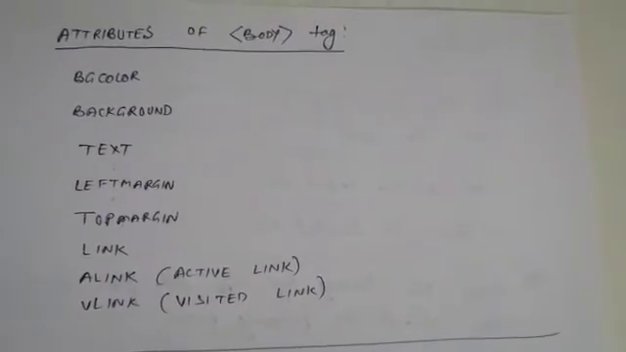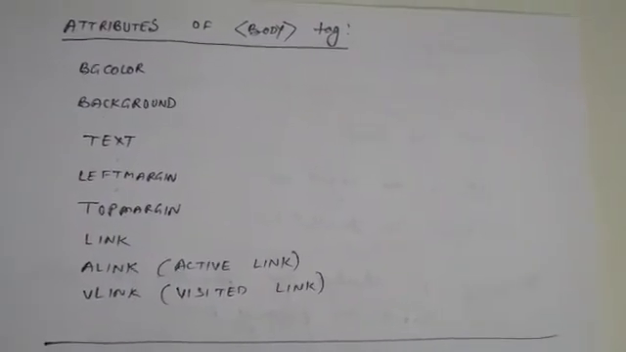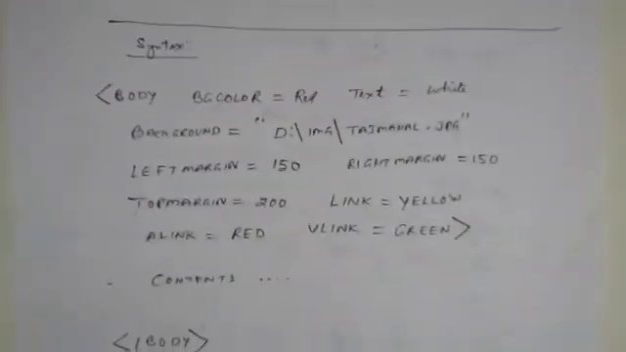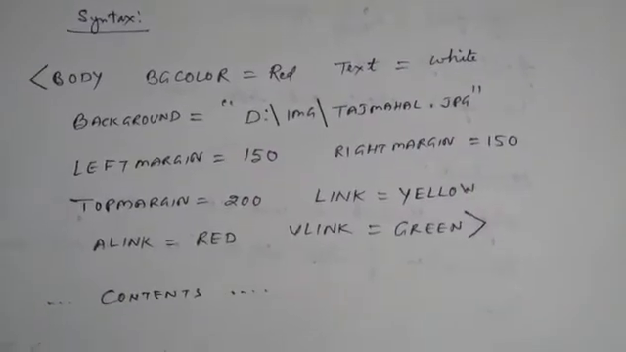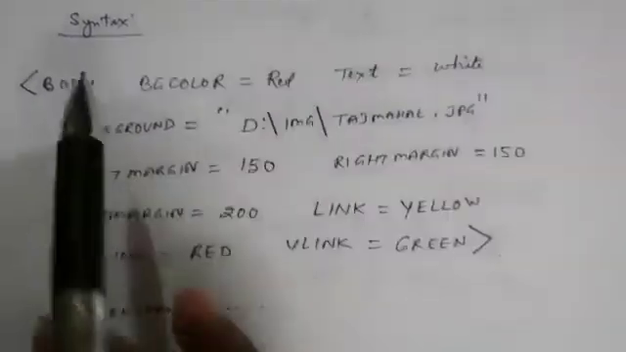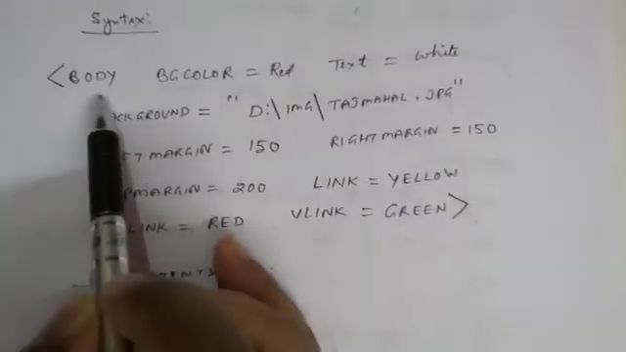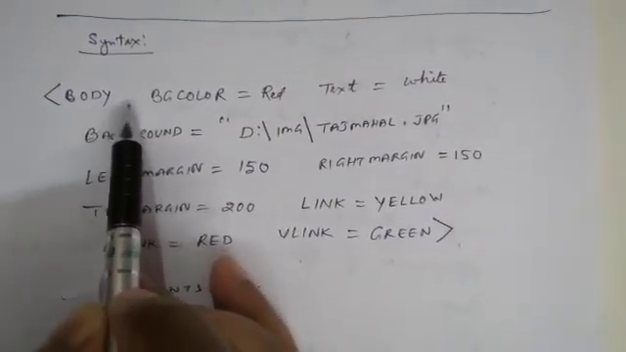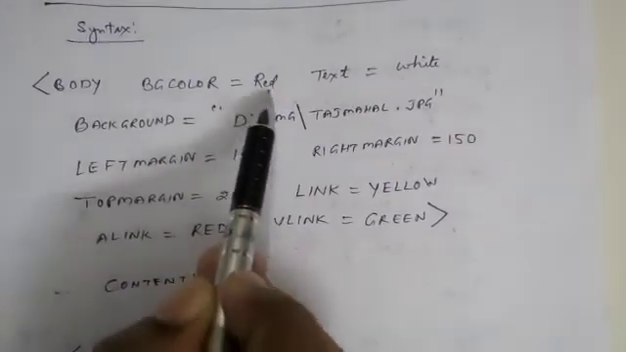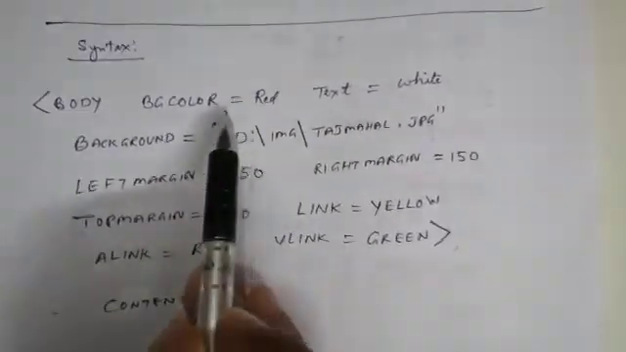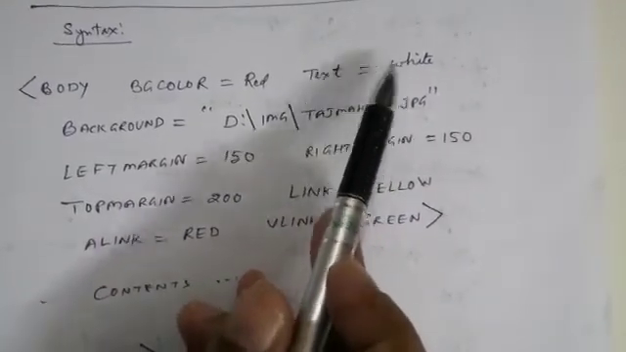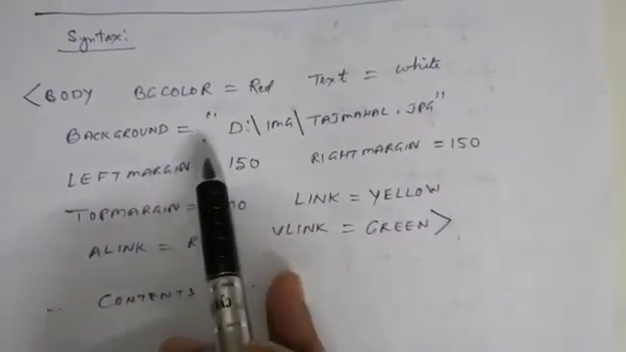So these are the attributes of the body tag. Now see the syntax of how we can write them. Here the syntax is given where all the attributes are used together. The main tag is body, then after body give one space, bgcolor equal to red, text equal to white. So the background color will appear as red and the text color as white, meaning white on a red canvas. Background is equal to